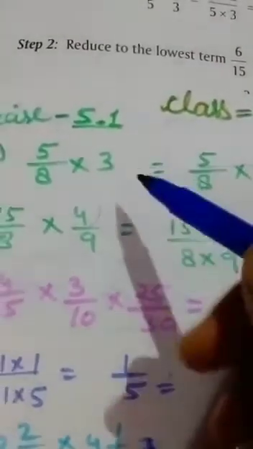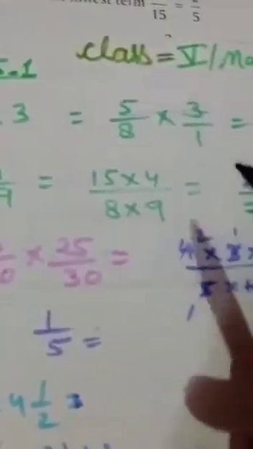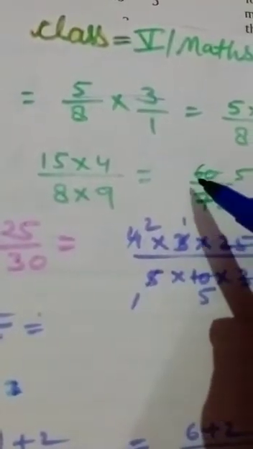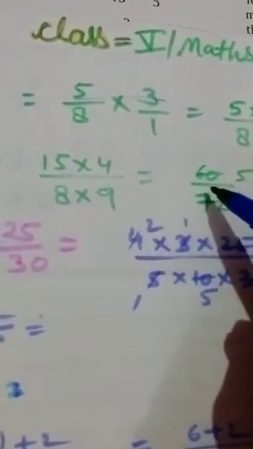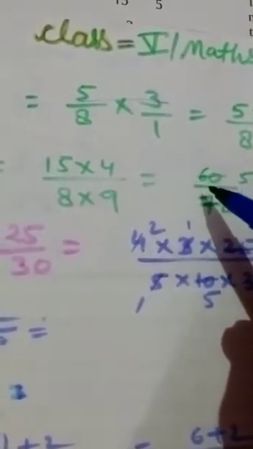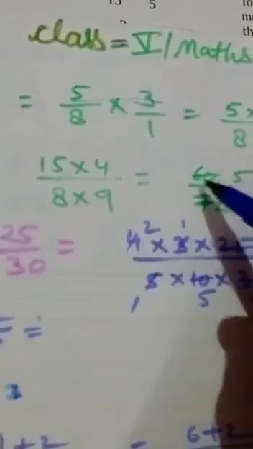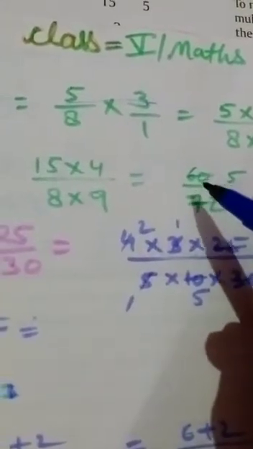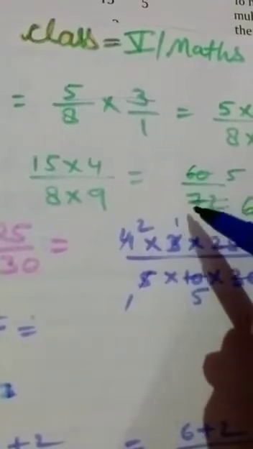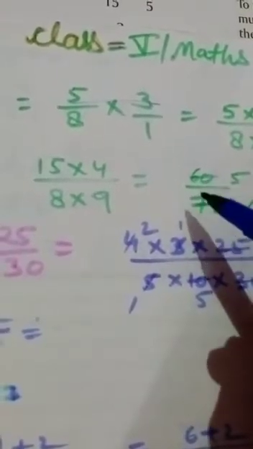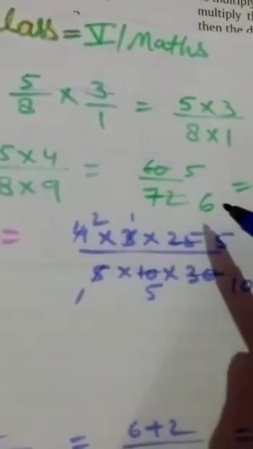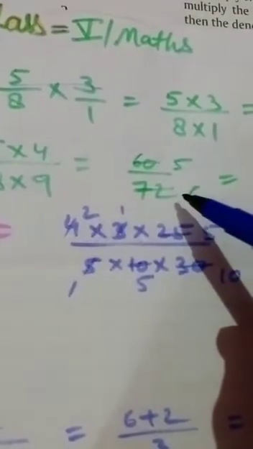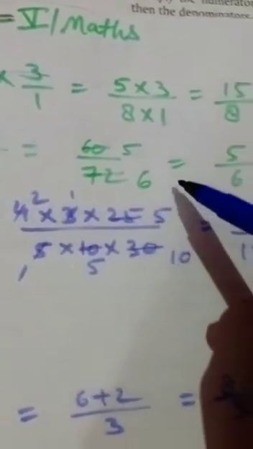Okay. Now the second step, reduce to the lowest term. So how do we have to do it? After multiplying you get 60 and 72. Now, in which table do you find 60? 12. And here also, 12 fives are 60 and 12 sixes are 72. Both should be cut by the same table. Either 12 or whatever you want, you have to cut, but take the same table in both numbers. So it is in reduced form. Now it should not go by any table, so it is in reduced form. 5 upon 6 is your answer.